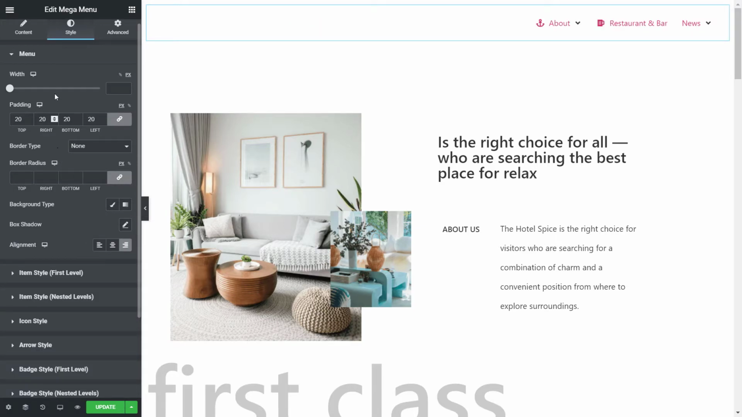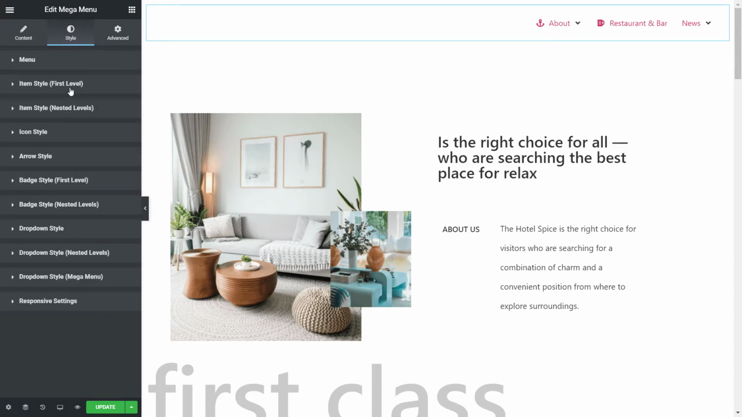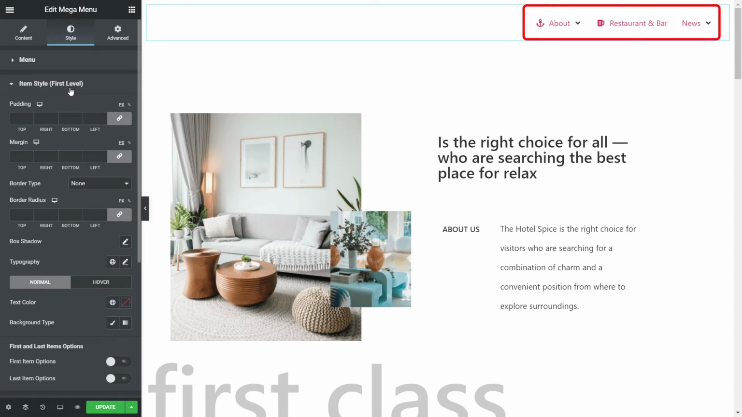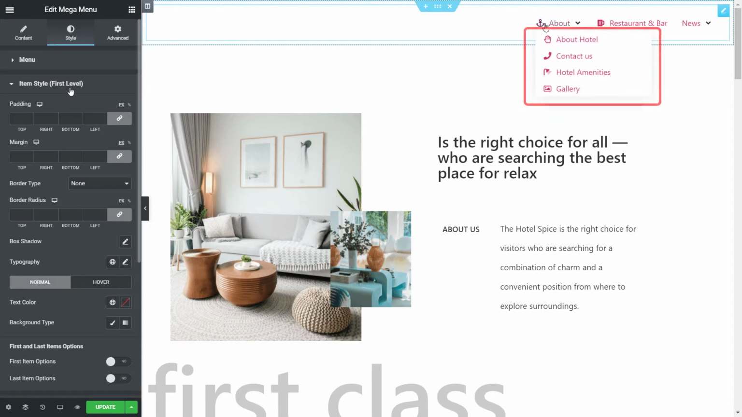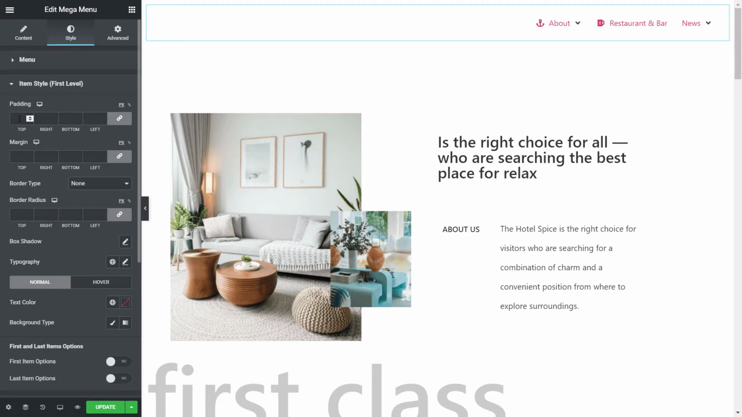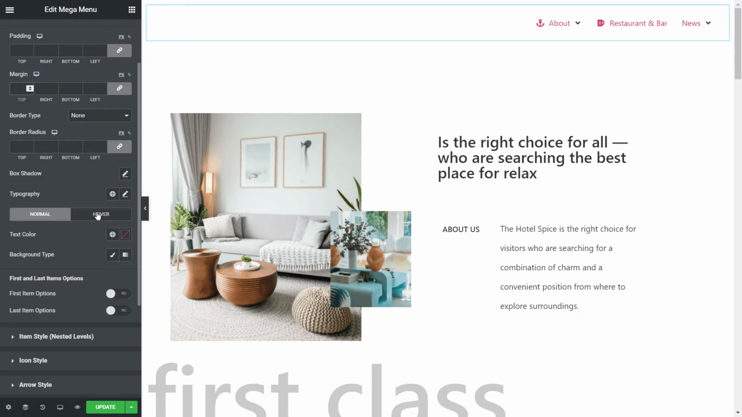Then you can customize it more by styling each menu item separately. Note that you can set up different styles for top-level items as well as nested ones. Top-level items are those that you see without hovering, and nested ones are those that appear on hover. For each type, you can set up paddings and margins, change borders, shadows, typography, as well as text color and